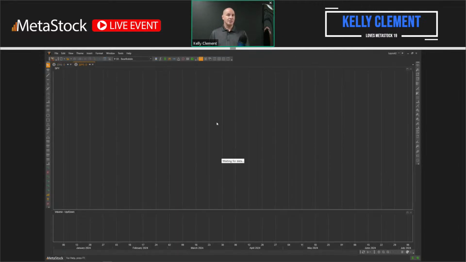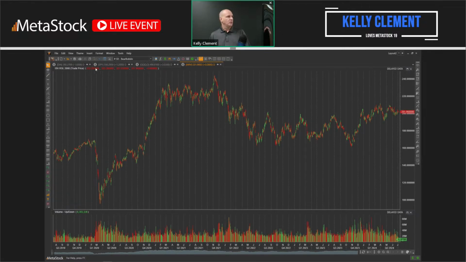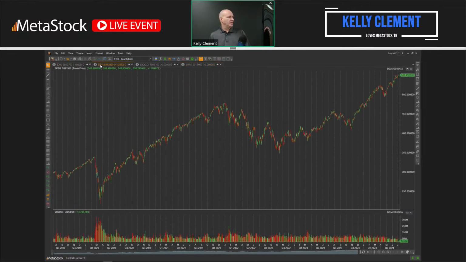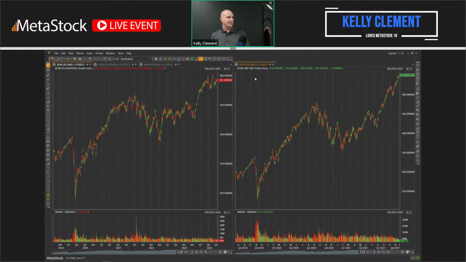And then what I'm going to do is use the tab mode to arrange these in a way that I want to save them. What I'll do here is I want the SPY to be my major. So I'm going to right click on this and say new vertical tab group. So you can see I've got the SPY over here, and over here I've got the Dow, the Qs, and